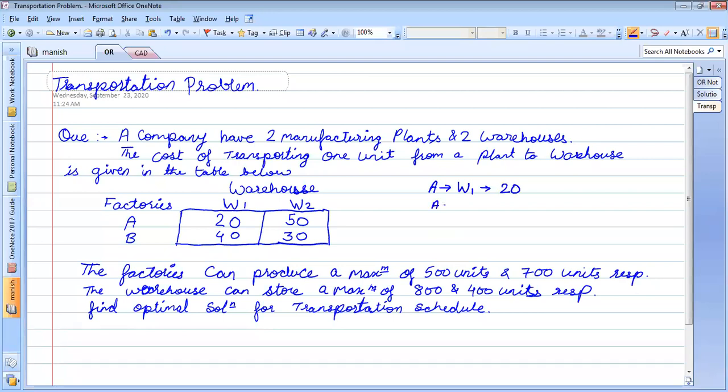From A to W2, the cost of transportation is 50. Similarly, from B to W1, the cost of transportation is 40. From B to W2, the cost of transportation is 30.